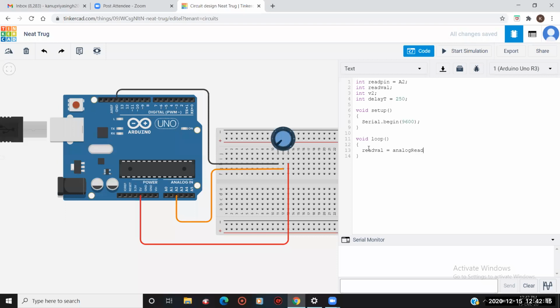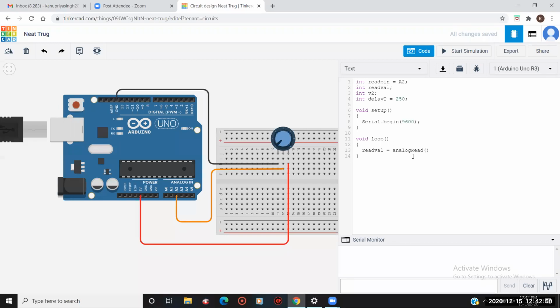So here you will also get to know about the analog read function and how it works. Basically it reads the value from the analog pin of the Arduino. Whatever controller we are using, suppose an Arduino Uno or another Arduino, it will fetch the data from that and show it here.